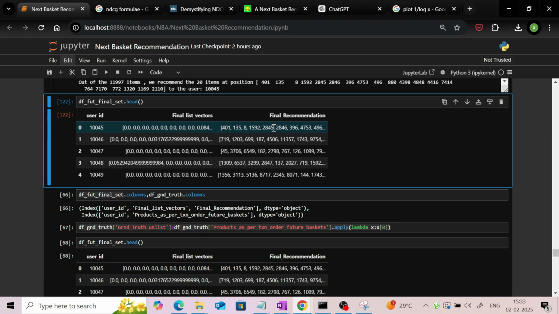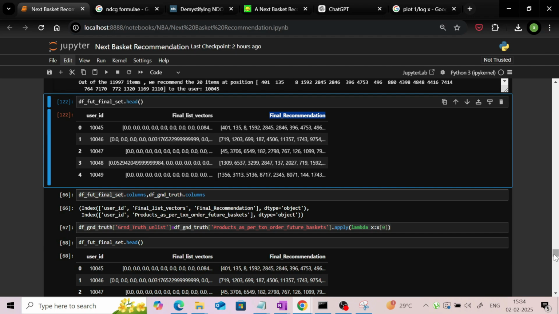So, what is the ground truth data over here? Or what is the actual data over here? We have to compare the predictions with some baseline, right? On the basis of which we can say, okay, since there is this much overlap, this model is doing good. So for that, what we do over here is we have this final recommendation, and what is our ground